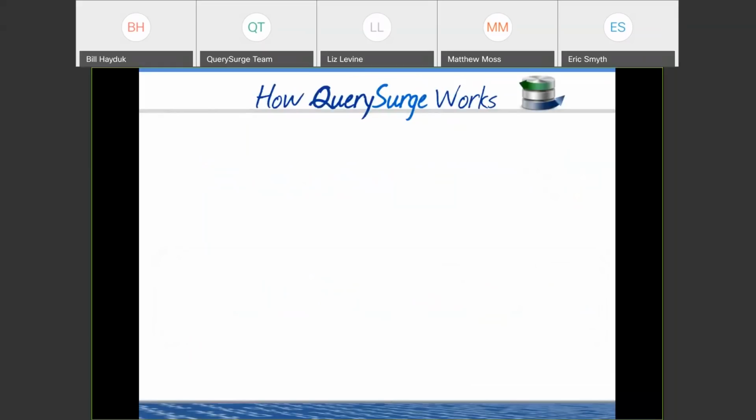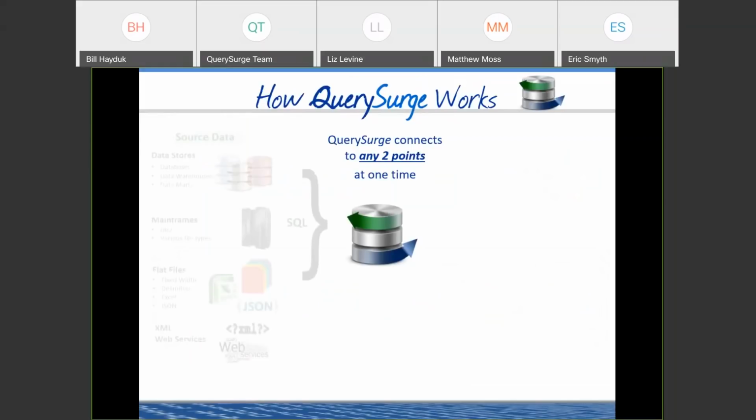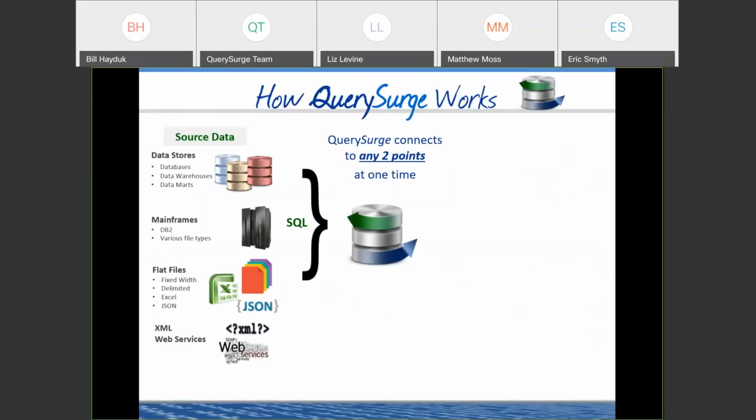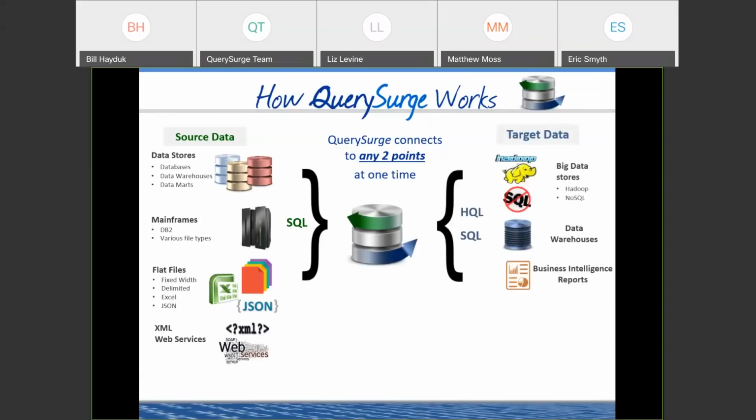So the main concept of QuerySurge is we have a test which we call a query pair. And what that query pair does is it can test data from any 2 points at one time. So in the query pair, you'll define a source system, which could be a traditional database, a mainframe, a flat file of various types, or web services. And then you'll also define your target system, which could be a data lake, a data warehouse, or a BI